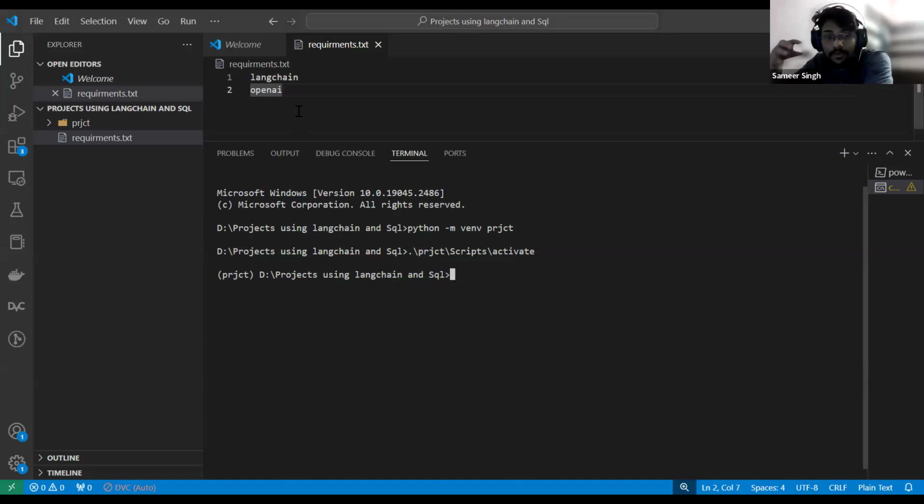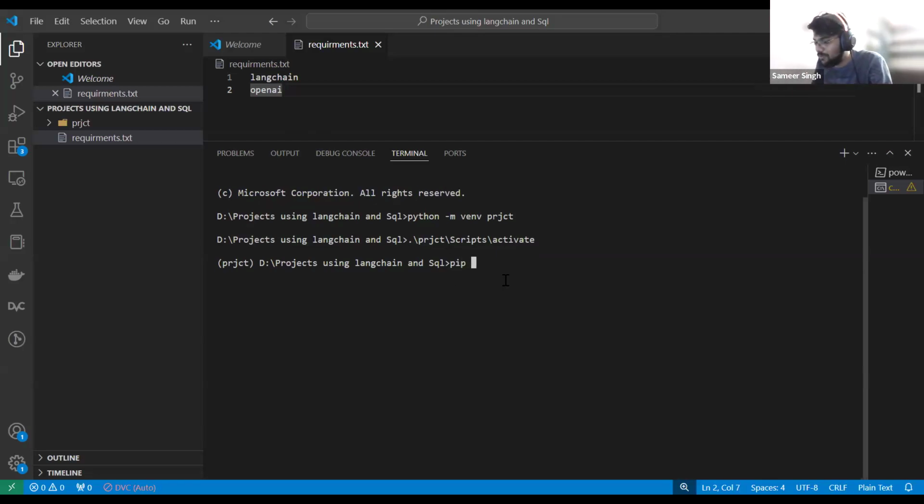Now, let me show you how you can install all these libraries using requirements.txt. Since you have listed all the required libraries in the requirements.txt file, in order to install all the libraries in just one hit, you will say pip install -r requirements.txt, and just hit it.